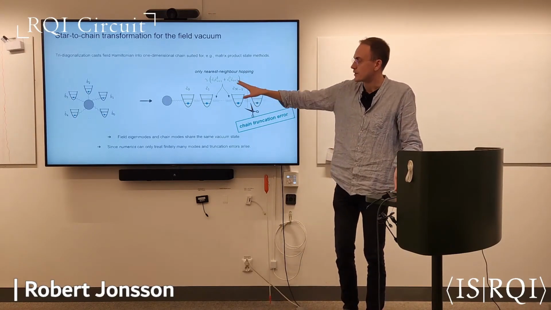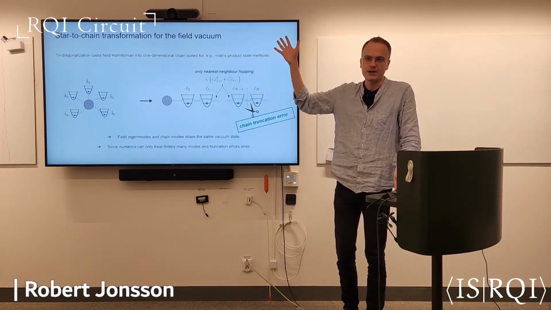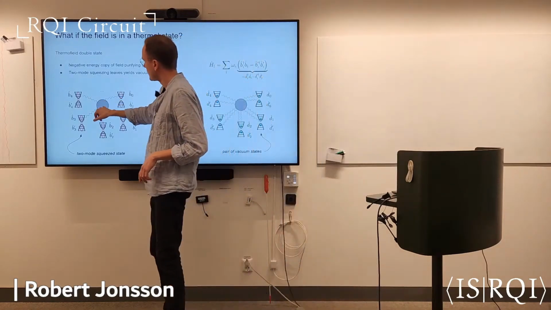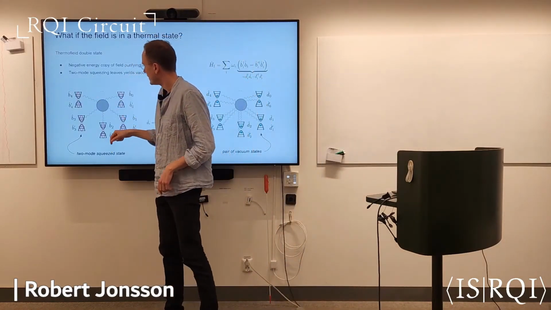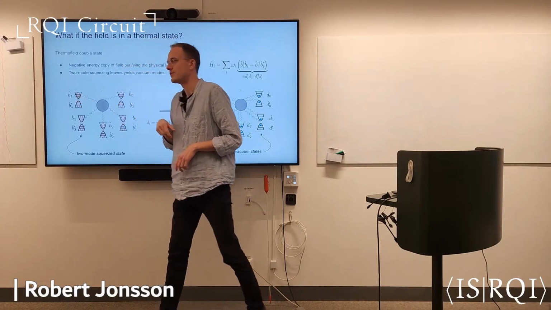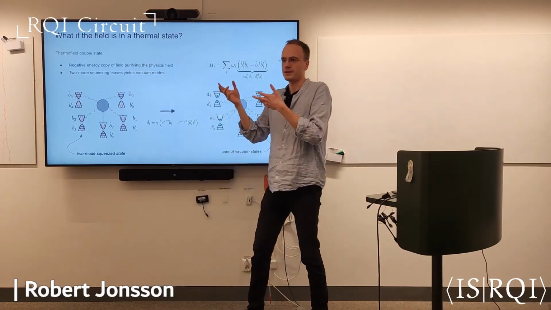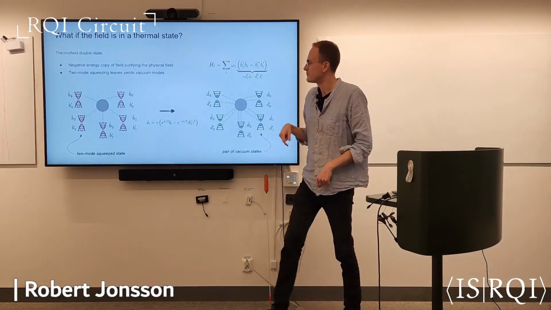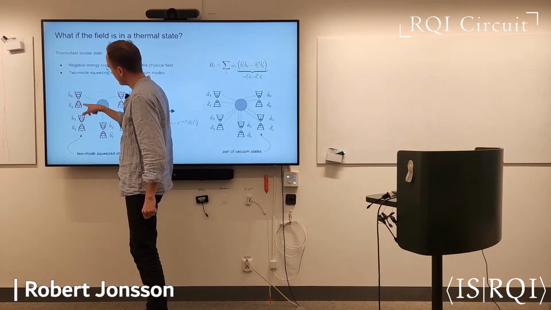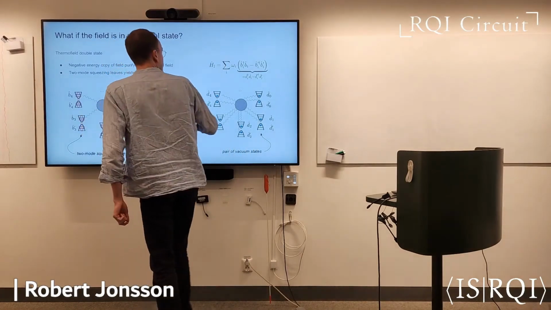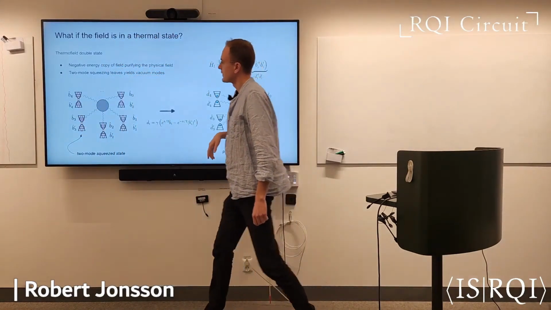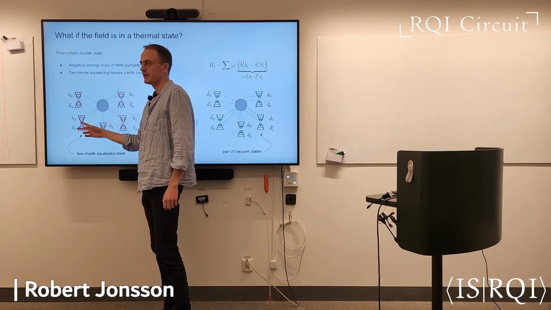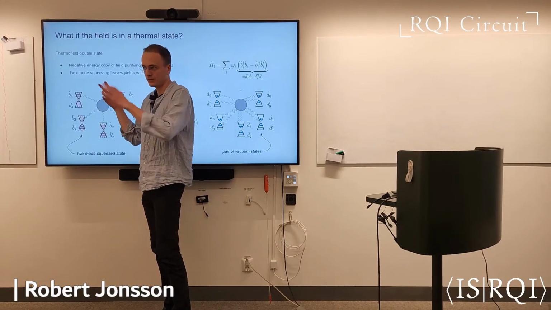Now here I pointed out this works for the vacuum. What do we do? I mentioned the Unruh effect. What do we do for thermal states? Well, even there you can do something. Say your system couples to a bunch of modes, which here are in a thermal state. That's what we indicate with this red one. We can play the thermofield double state trick. We can add a negative energy copy of our system. So to each of the eigenmodes here, I now just add another mode. It has the inverted frequency. And I choose the joint state of these mode pairs such that they are in a two-mode squeezed state,